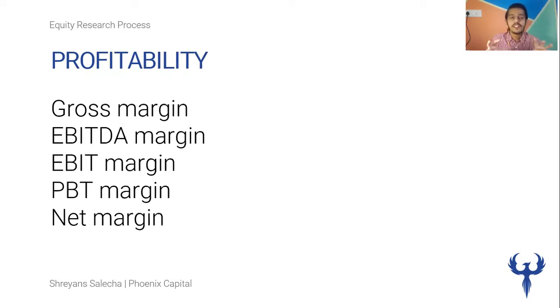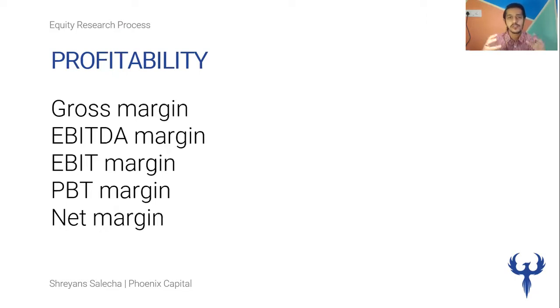If you think about it, we've already calculated these ratios when we did the common size analysis, right? Because we take each line item as a percentage of revenue, and all of these are actually presented in the financial statements. With a few companies, what you might find is that the EBITDA margin and EBIT margin are not really shown separately, but you have the operating income, non-operating income, then you have all the expenses, then you directly have profit before tax, you have tax, and you have profit after tax or net profit, and then you have the OCI components, right? But we can also calculate the EBITDA margin and EBIT margin very easily.